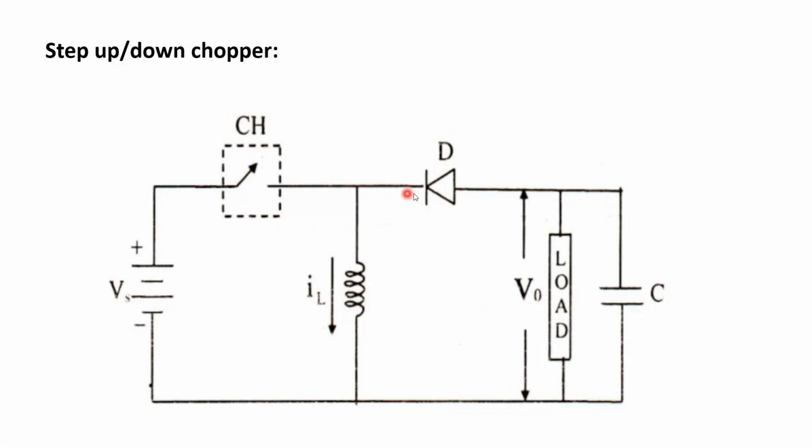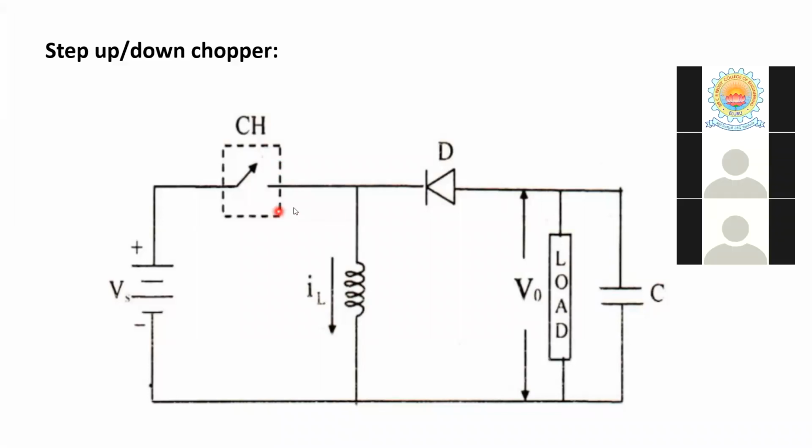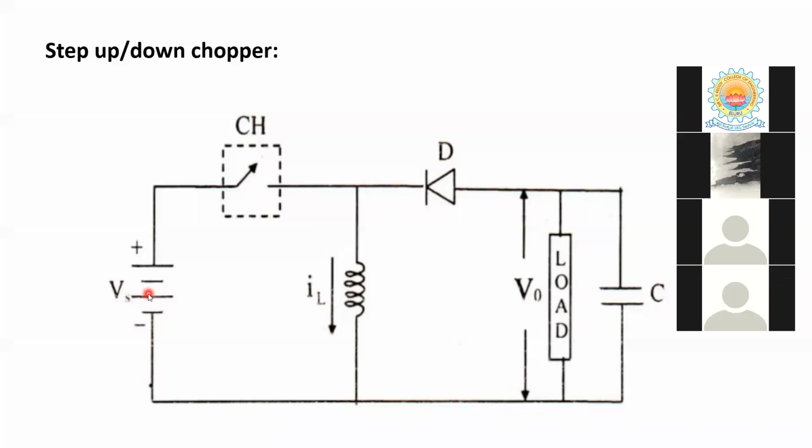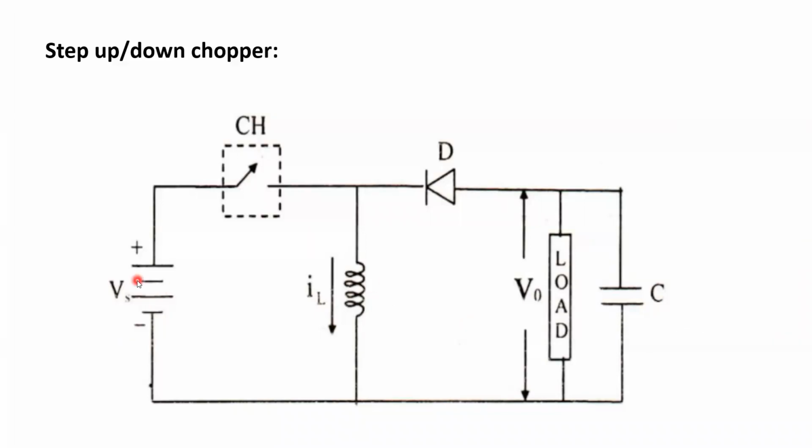And here, depending upon the supply voltage, our device diode comes into reverse bias condition. So the current does not prefer the reverse bias condition. Already you know the basics of our devices, that is basic diode operation. So the current does not choose the path of the diode. So whenever the chopper is in on condition, the current path is supply voltage, chopper, inductance, and back to supply voltage. And during this condition, our inductance is going to store the energy.